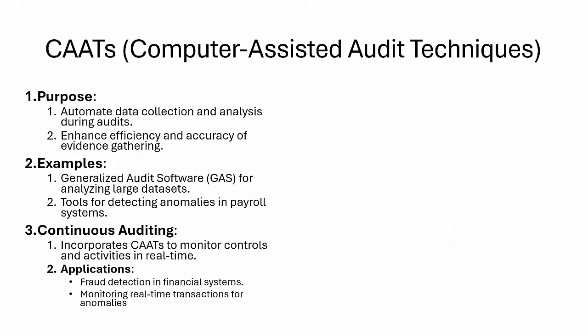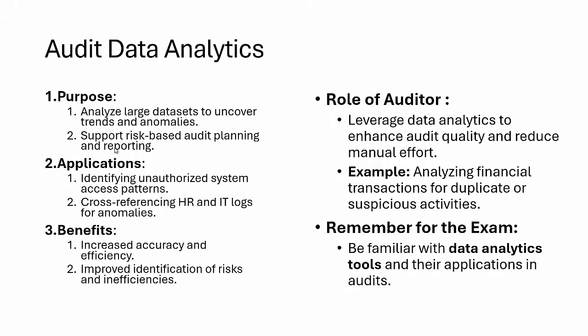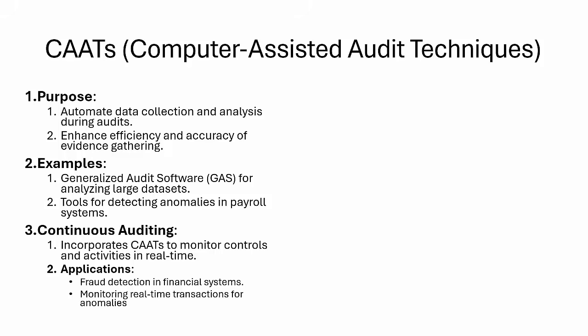In my previous section, we discussed audit data analytics, right? Now the question is, okay, we have to audit, but how? So we use a lot of software. One of the software techniques we call a CAT, computer assisted audit technique. It refers to the automated tools and techniques used by auditors to analyze a large volume of data, by which we can detect anomalies and improve the efficiency and accuracy of the audit. It can be a tool used for examining financial records. We can use it for system logs, for transactions, and for control effectiveness, using software instead of a manual process.